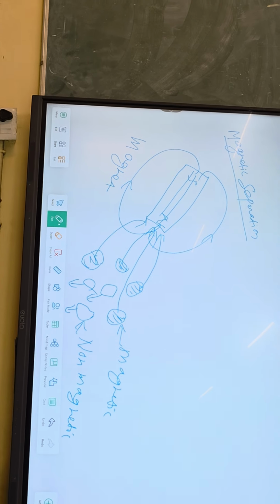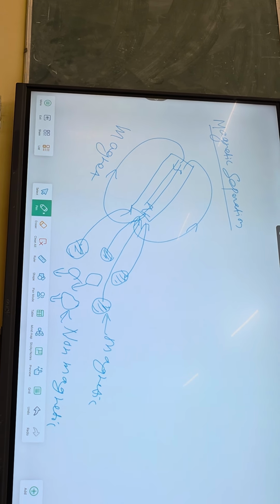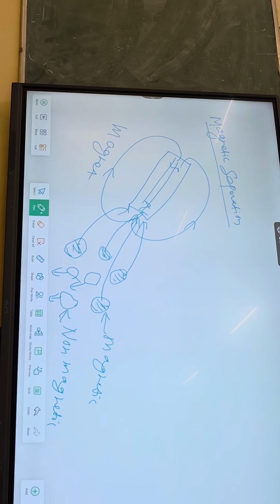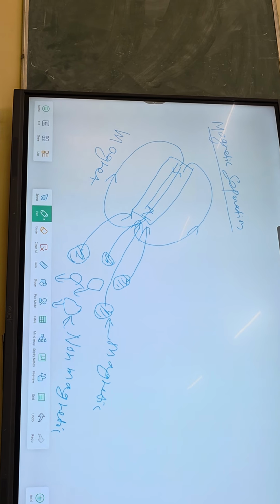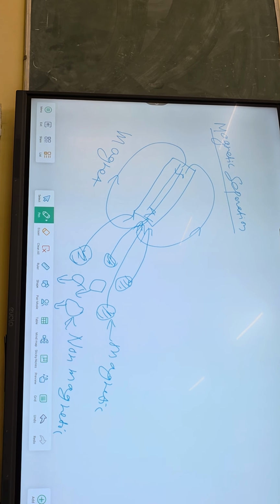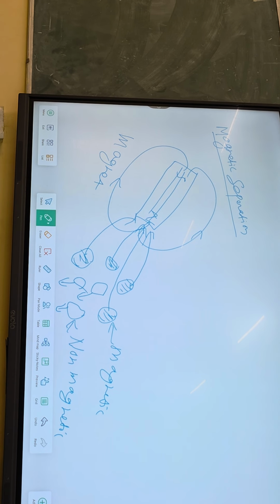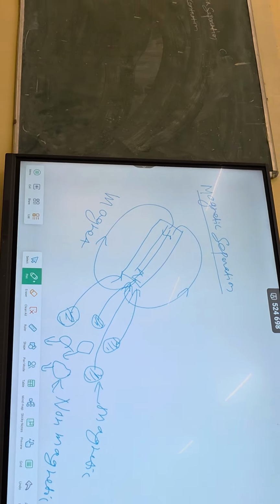Very simple. Because at the end, everything is in powder form, if you remember. No? Whatever we are doing after grinding and classification, everything is in powder form. So some powder will get attracted, some powder will just fall down, just by bringing a magnet near to it. This is called magnetic separation. So magnetic separation depends upon the difference in the magnetic behavior of the minerals.